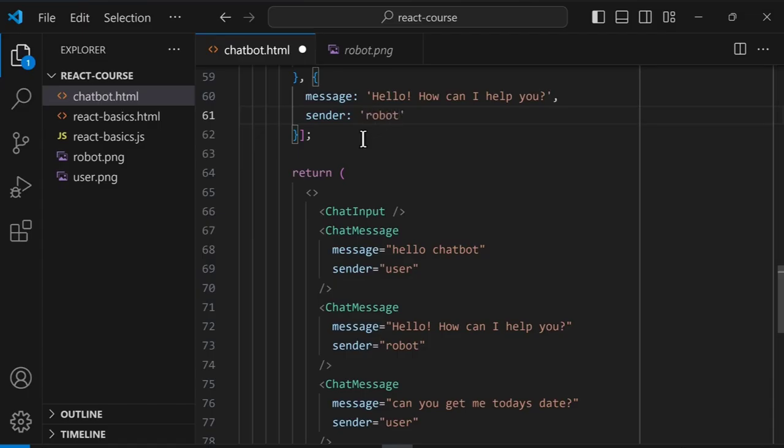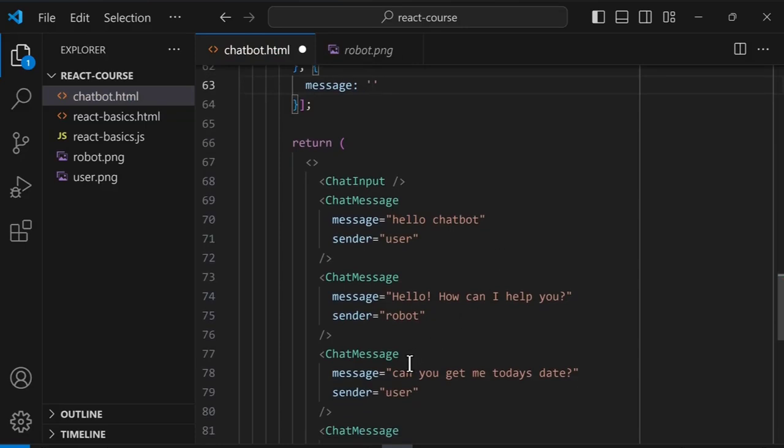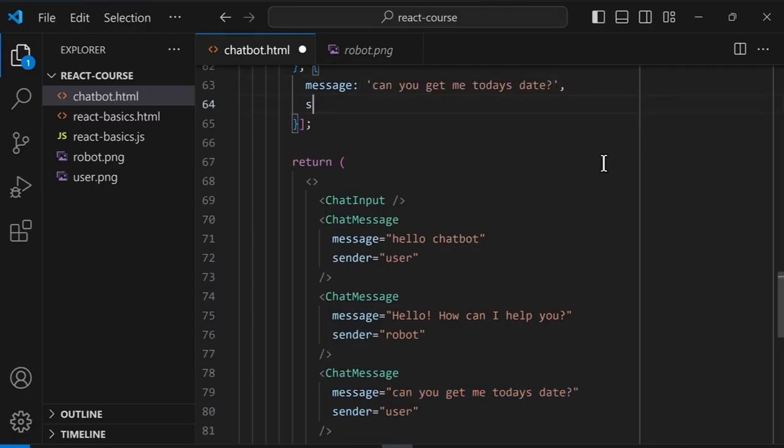Let's do the same thing for the third and fourth chat messages. We'll save them in our JavaScript. Feel free to pause the video if you want to try it yourself. So for the third chat message, we're going to add a comma at the end and another object, a message property, a string, and we're going to copy the third message and paste it in here. And a sender property,